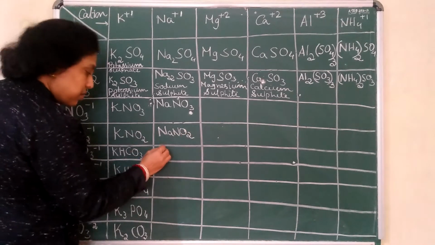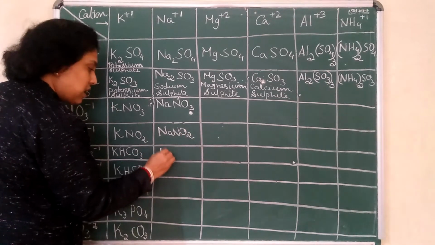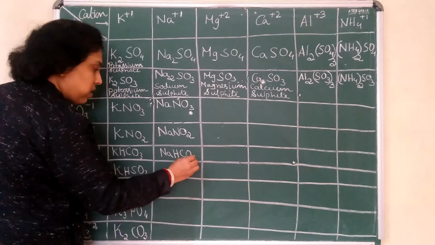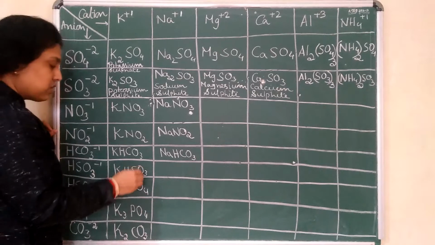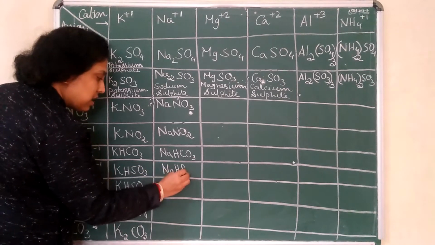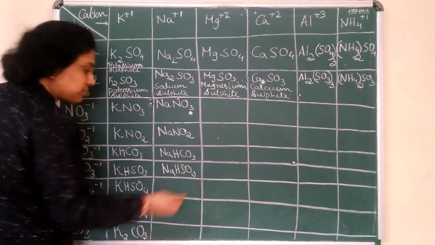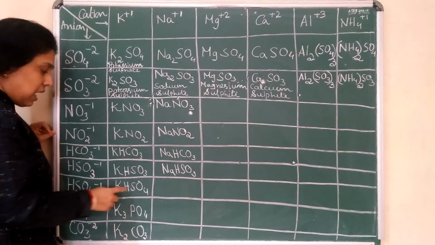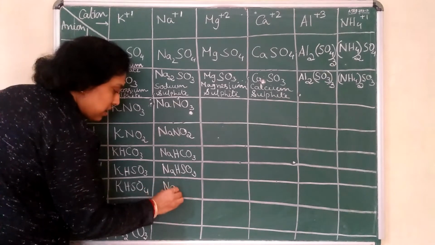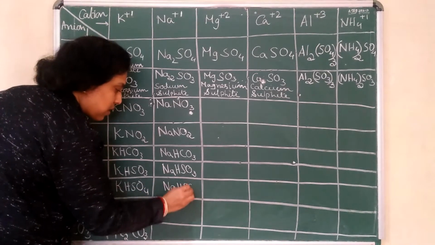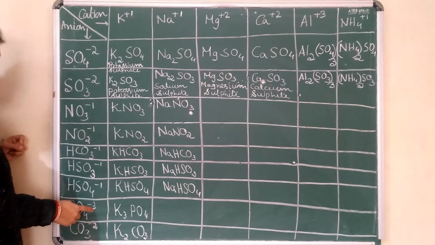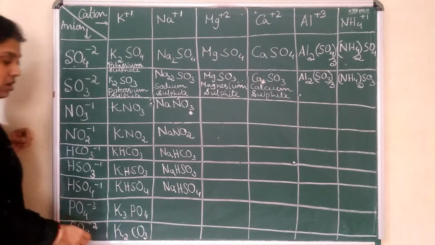Then hydrogen carbonate, so NaHCO3. Then hydrogen sulfite, Na(HSO3). Hydrogen sulfate, NaHSO4. Okay, now interchange because it is now variable. So 3, so Na